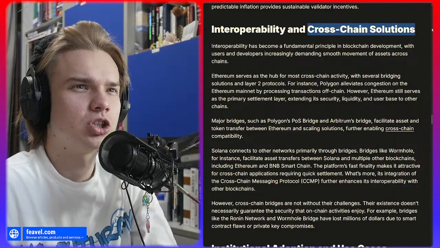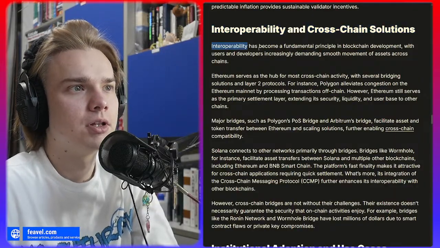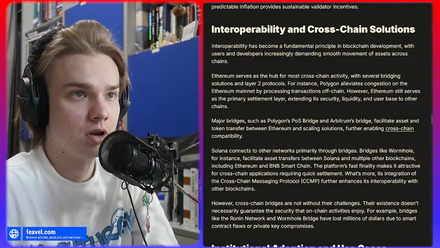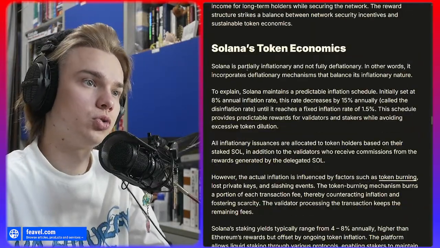Interoperability and cross-chain solutions. Interoperability has become a fundamental principle in blockchain development, with users